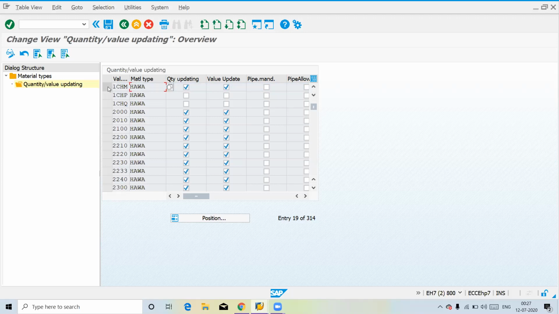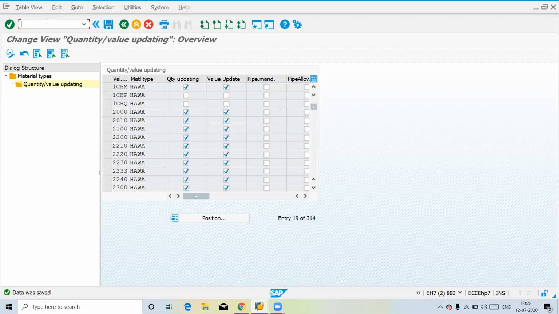When it comes to real time, it will have a lot of reflection. Being an SD consultant or other module consultant, you are not allowed to do these settings. Once material movement types and stock valuations are wrongly calculated, it is very difficult to revert it back. As part of initial requirements for your stock, this is completely driven by your consultant, not even your FI consultant. So select this one and save this.